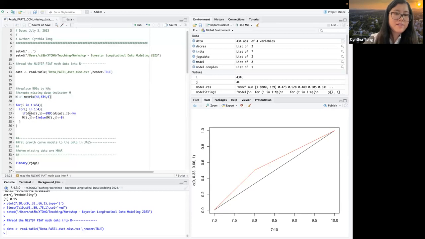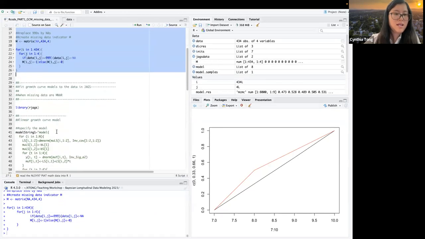And then I just, again, replace all the 99s by NAs. But in addition to that, I create those missing data indicators. When the data are missing, when it equals 99, then the missing data indicator is 1. Otherwise, the indicator takes a value of 0.